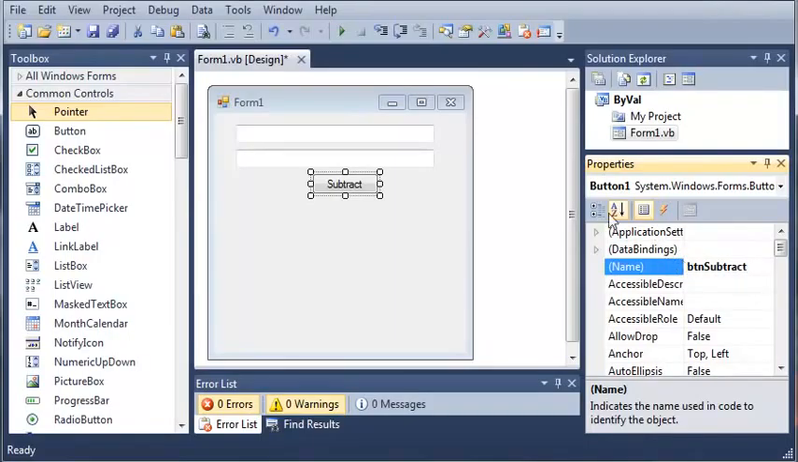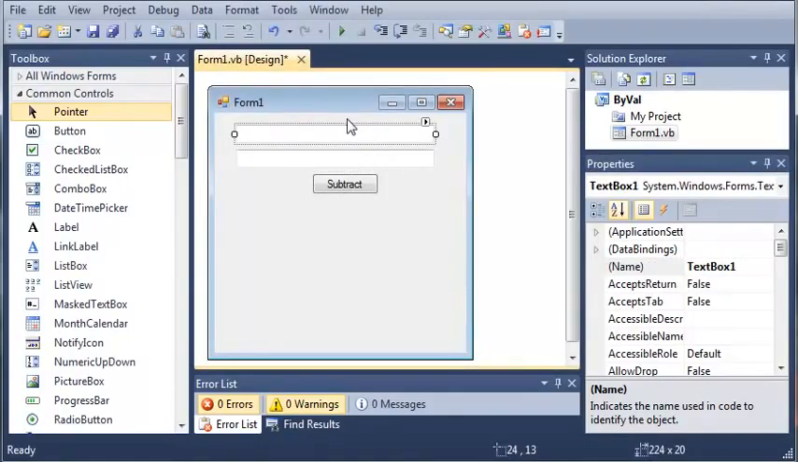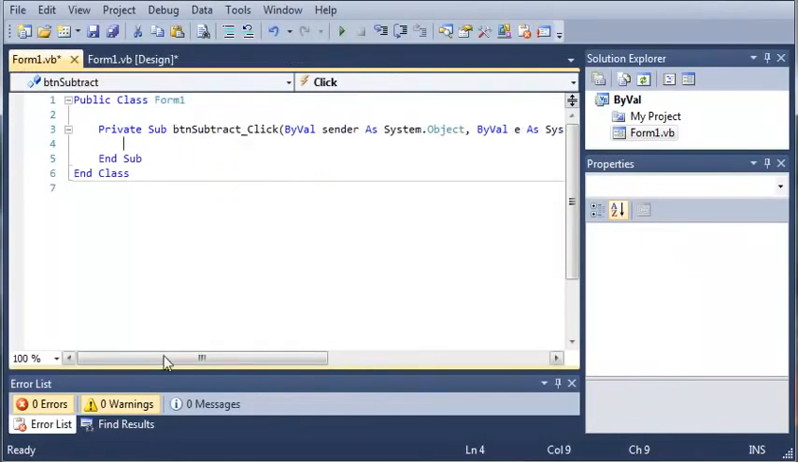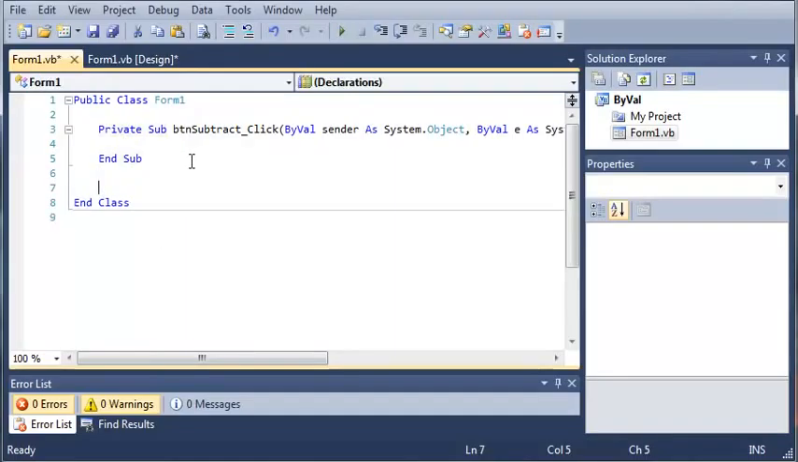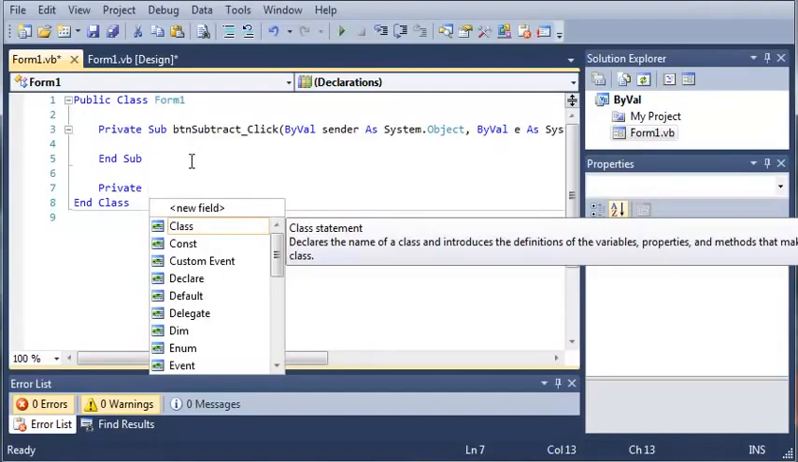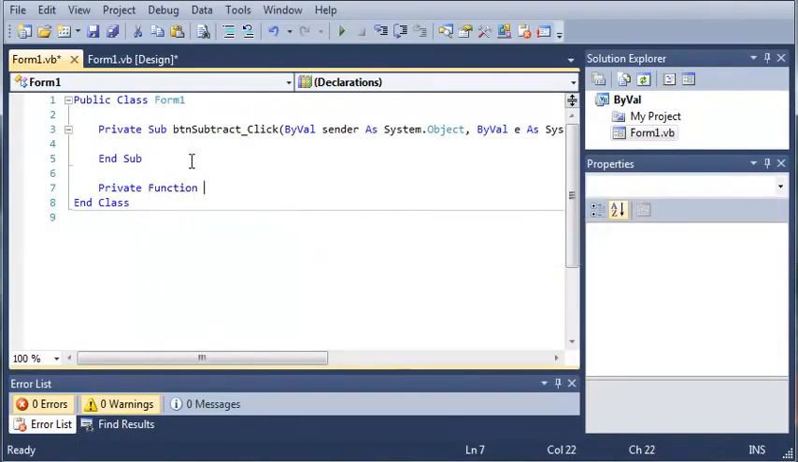And just for the sake of saving time, I'm not going to rename these text boxes. So let's go ahead and double click on the subtract button so that it will generate our event handler for that. And now what we're going to do is come down here and create a function. So we'll go ahead and use the private keyword so that nothing outside of this class can use this function. So we'll use private function subtract